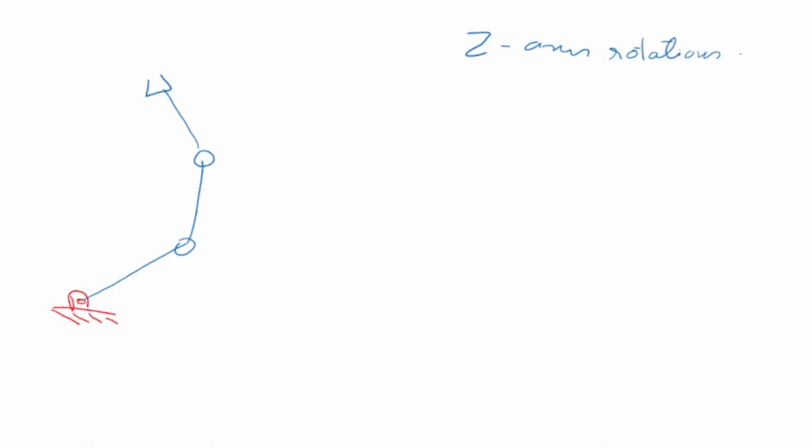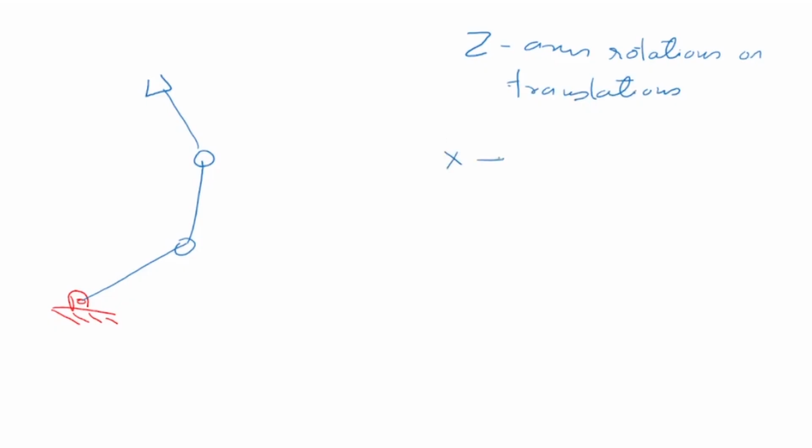Very quickly revising what we were doing in the last couple of classes, we were assigning the axis notations based on the DH convention. That basically means that if you have a 3 degree of freedom system like this, very simple, the Z axis is the axis of rotation or translation. That is the Z axis.